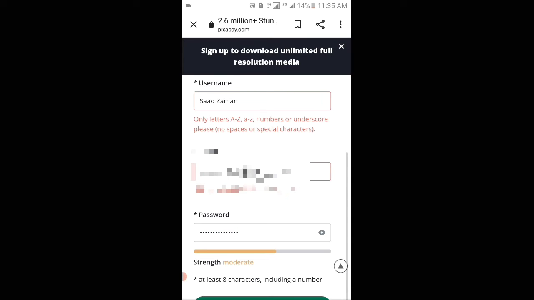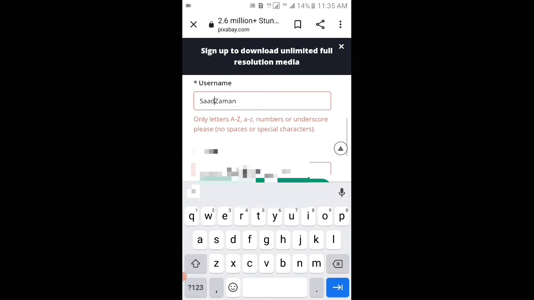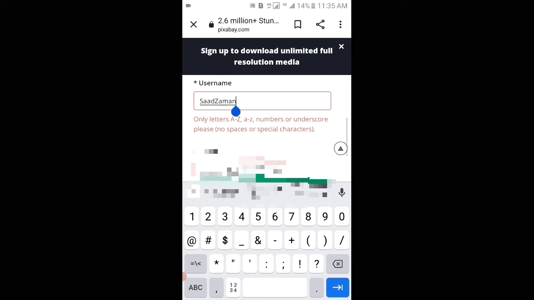So viewers, as I tapped on it, you can see it has displayed an error, which says only capital letters A to Z, small a to z, numbers or underscore are allowed. You can't enter spaces or special characters. So I will remove the space between my username and also add some numbers to it so that the username can be unique. So I added 1122, and I can show you if I for example don't add 1122